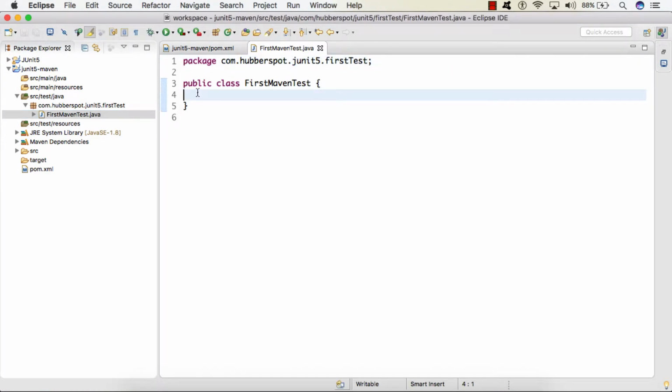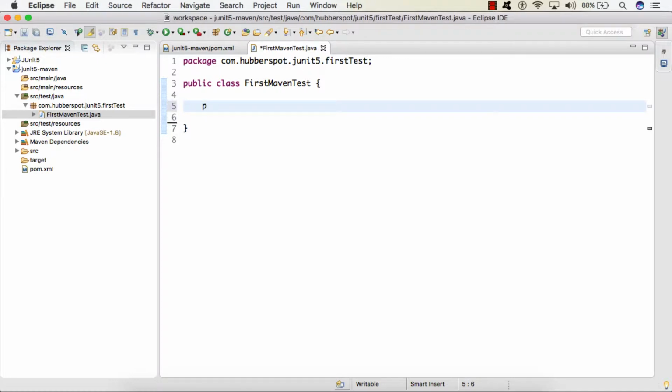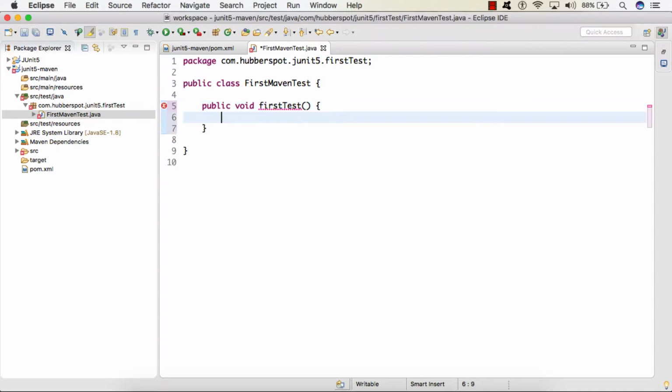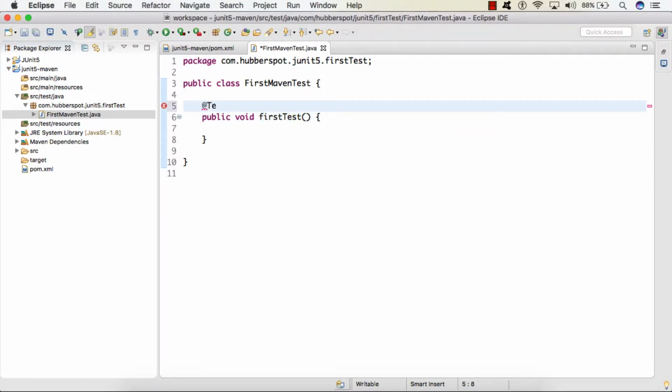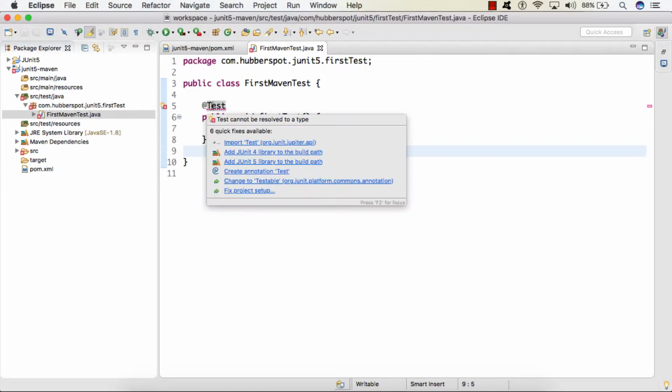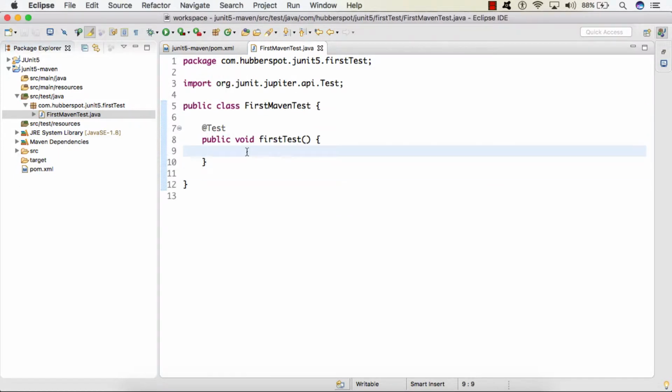Inside this FirstMavenTest class, I will be creating a test method. Say public void, and we'll give a name to it as firstTest. So friends, in order to mark this method as a JUnit 5 test, we'll provide the @Test annotation and import it from org.junit.jupiter.api.